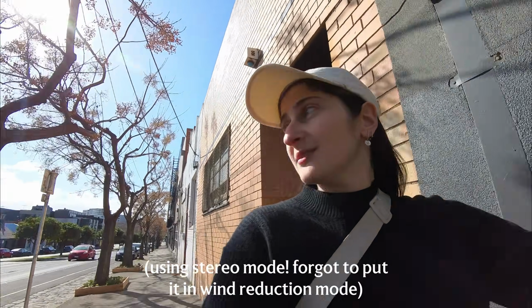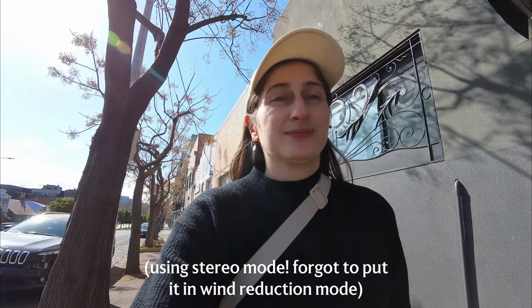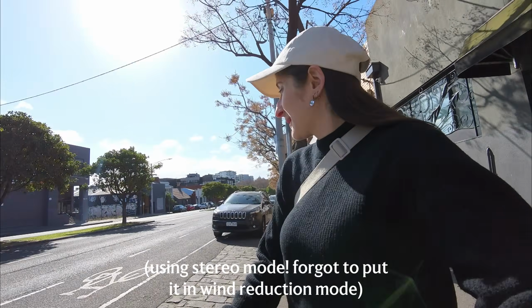So this is what the audio sounds like on a busy-ish road. I don't know what it's going to sound like, but there were cars going past. I guess we'll see when I edit the footage, but I just wish there was external mic support. I say that in every video, but...